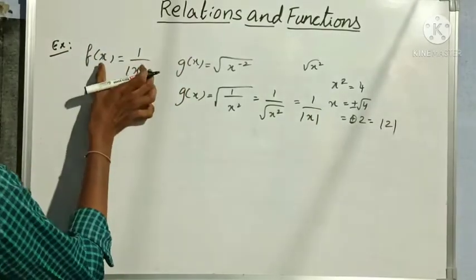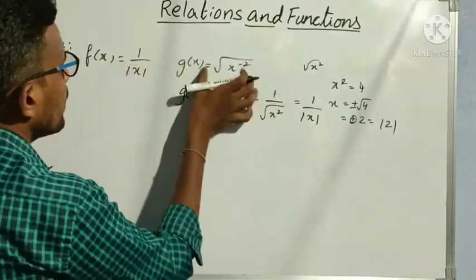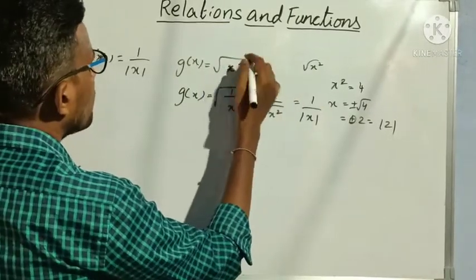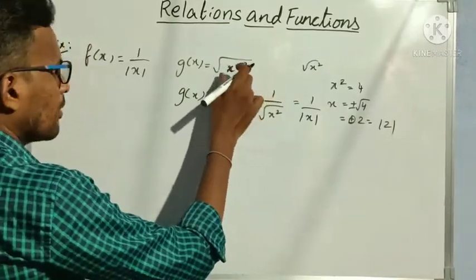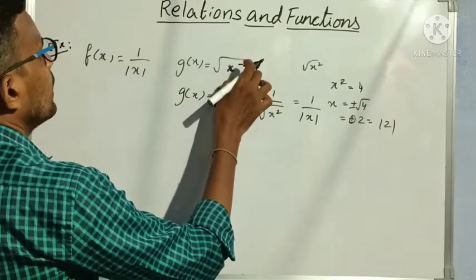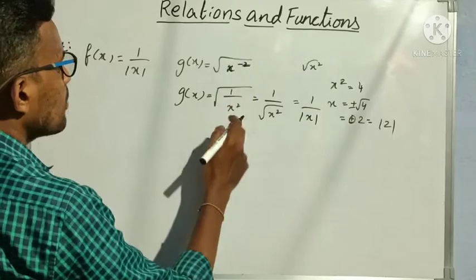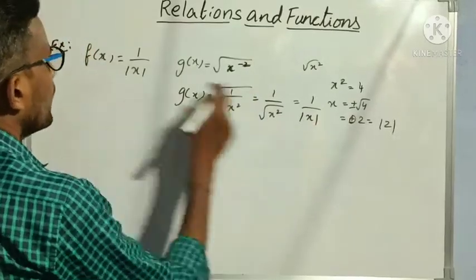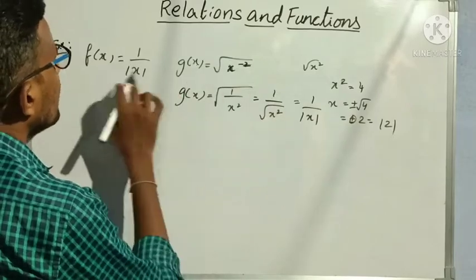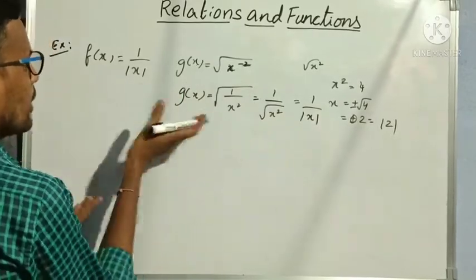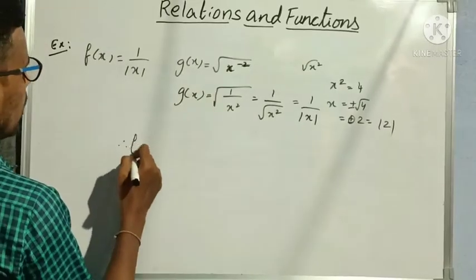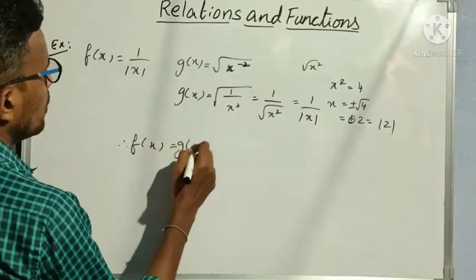So my f of x value is modulus x and g of x value is also modulus x. Here, why am I simplifying? Because I am getting a negative power for the variable here, so I can't directly substitute. For that sake I am simplifying this, so that f of x value and g of x value are the same. When f of x and g of x are the same, then everything will be the same. Domain will be same, range will be same. Therefore f of x is equal to g of x.